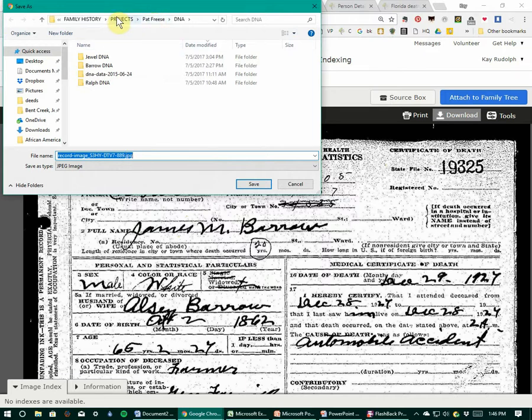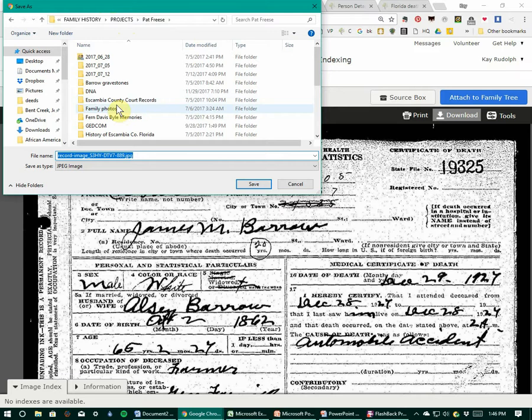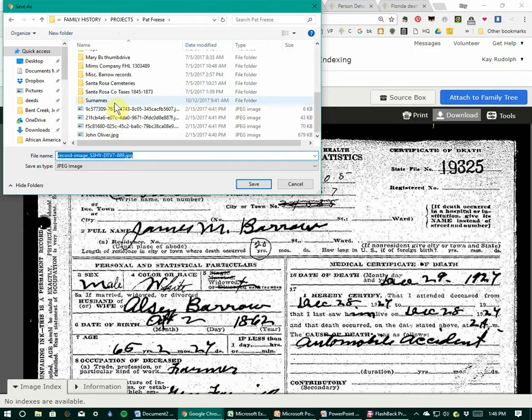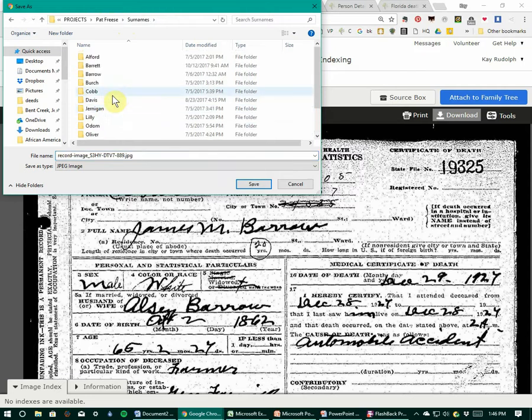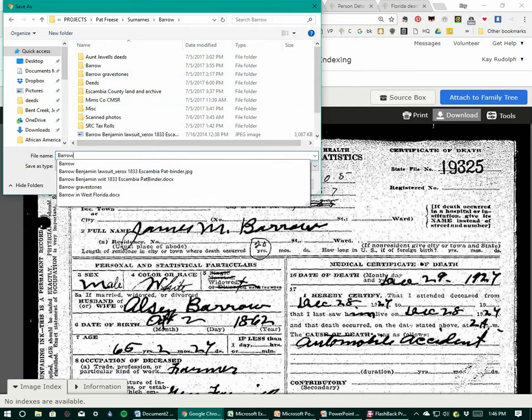I am going to identify the folder that I want to save this in. I have a hierarchy that I use. Within my documents folder, I have family history, and within that I have the particular projects that I'm working on. Each project is identified. I can then move to that project. I have all of the different items that I've collected in separate folders. I have the families in their own separate folder. So I'm going to open this to the Barrow folder, and I am going to give this the title Barrow